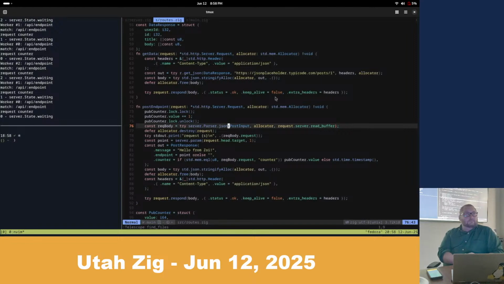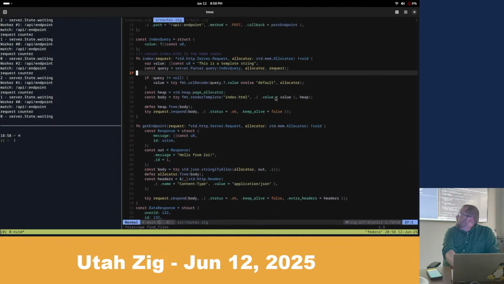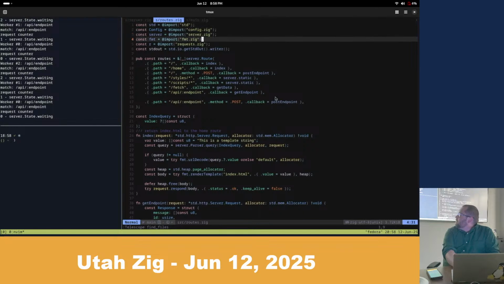Two more questions. One is, can you go back to routes? Because I wanted to check how you handle dynamic routes. Do you mean the router? Because these are the routes here, these functions. Sorry, the router, because I wanted to know, did you ever add in something like a colon parameter? Yeah, so this is a dynamic route. So this has a URL parameter, this endpoint.